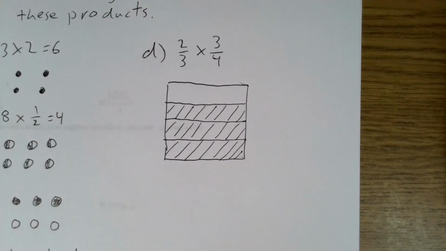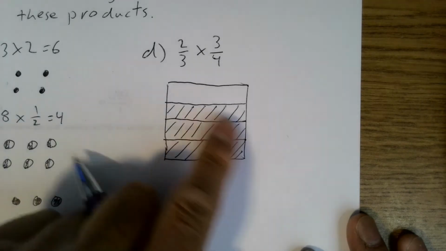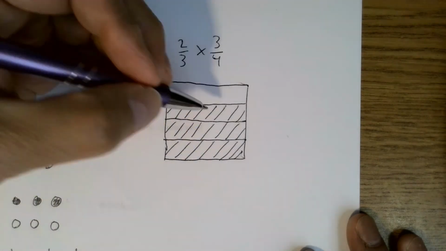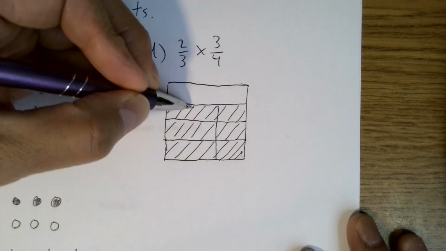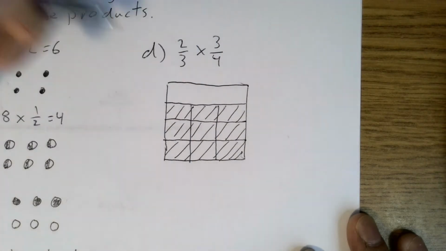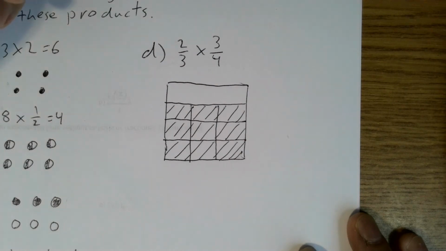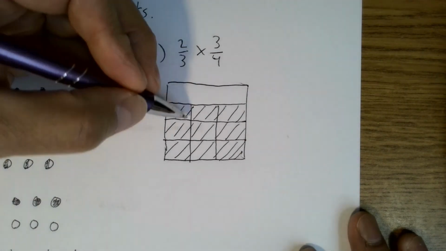Okay, so now I've got 3/4 of a pizza. Now I want 2/3 of this pizza here. So I'm going to cut that pizza into thirds up and down. And then I want 2 of those. So I'm going to shade in